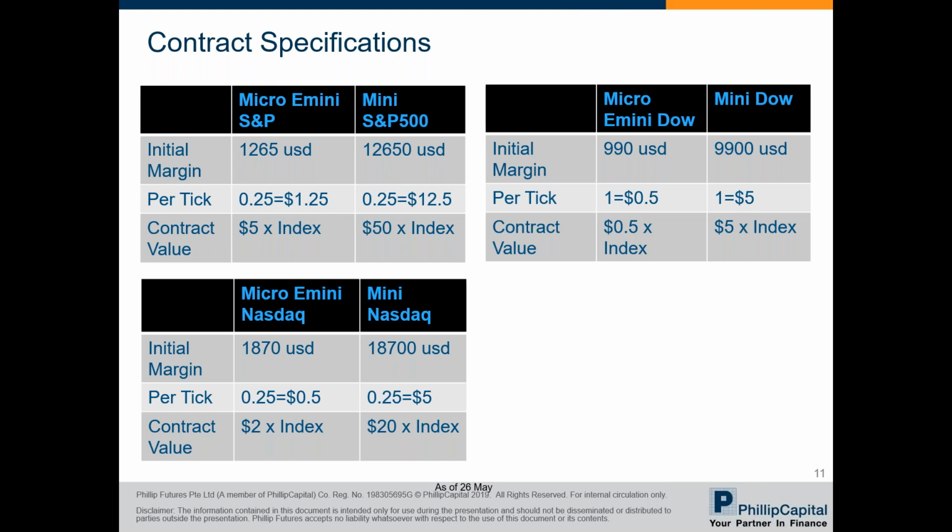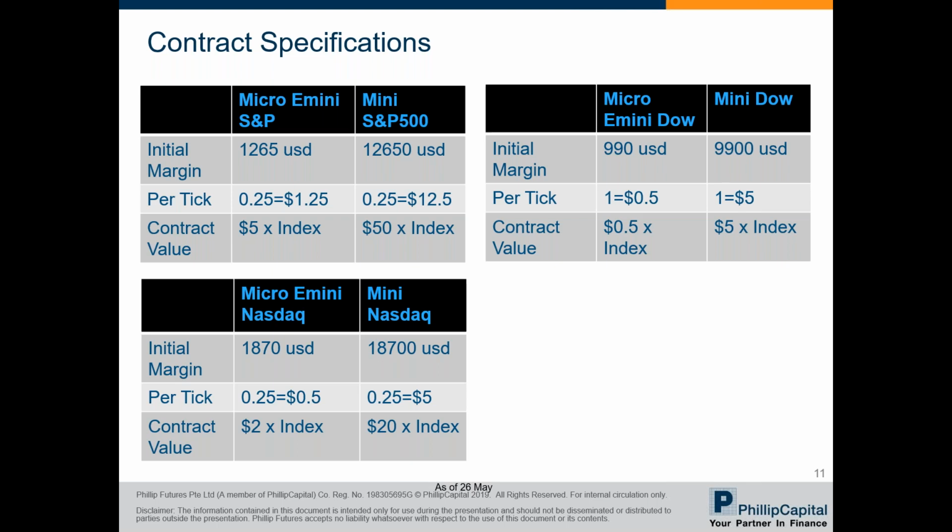For the mini size, everything is just 10 times of the micro size. For beginners, you can try out the micro size first to get used to it. You can also do multiples of this micro size contract if you find the movement too slow. Once you get used to it, you can upsize to the E-mini regular size. Therefore, you can do 2 or 3 micros and multiply the effect for each movement, and when you're ready, change it to the E-mini regular size.